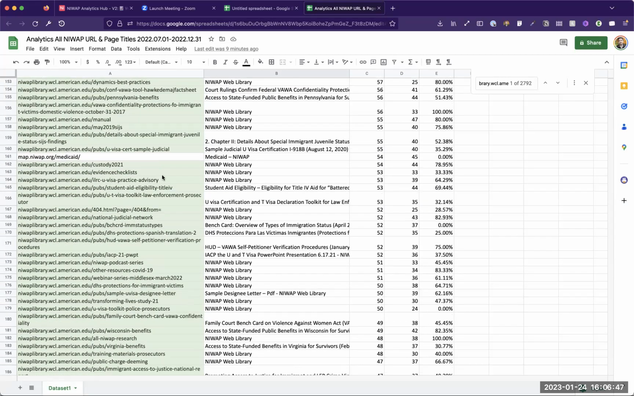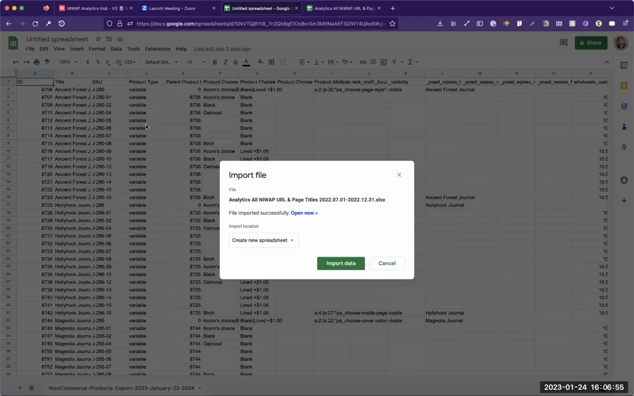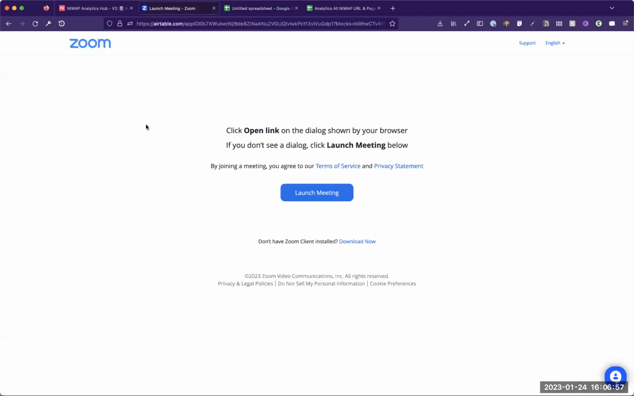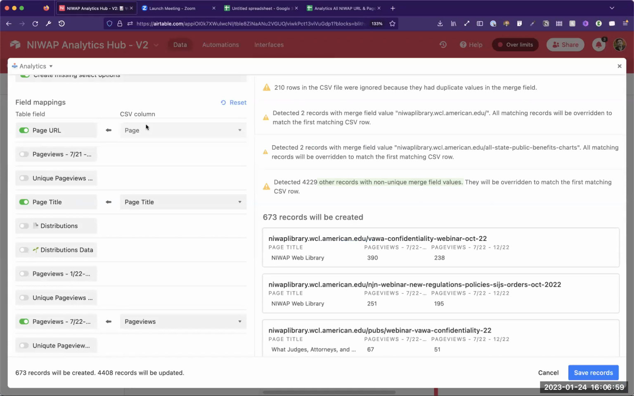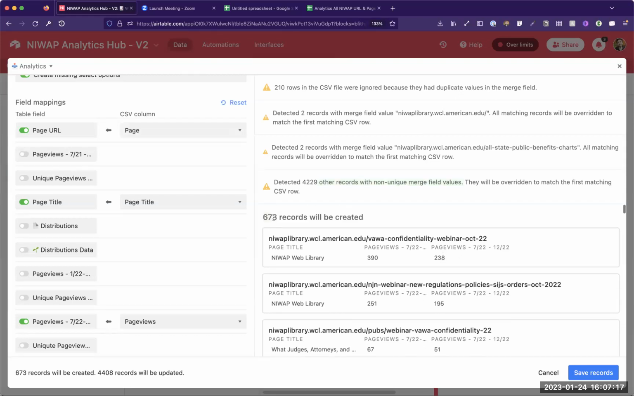It's interesting because Leslie said she had cleaned a bunch of data, but I'm thinking she cleaned it in distributions, not in Analytics Hub. So that's interesting. It's so weird because the stuff in the analytics table is only there from Google Analytics. So I think we're safe. It's going to create a bunch of records, but